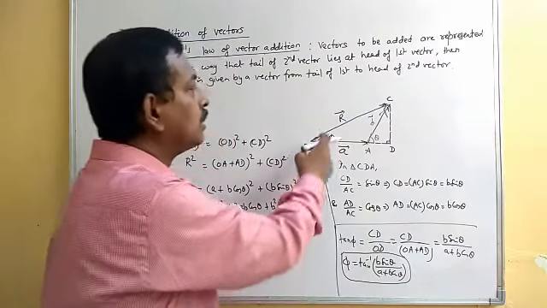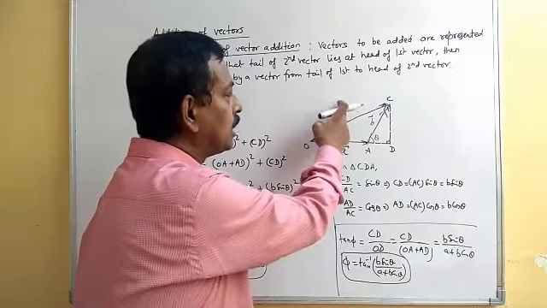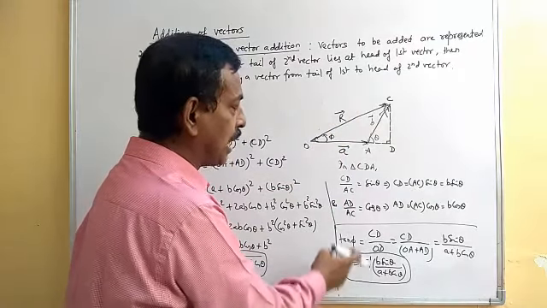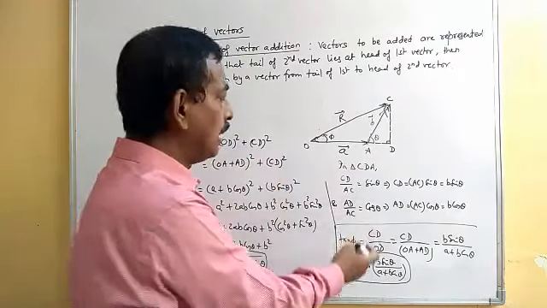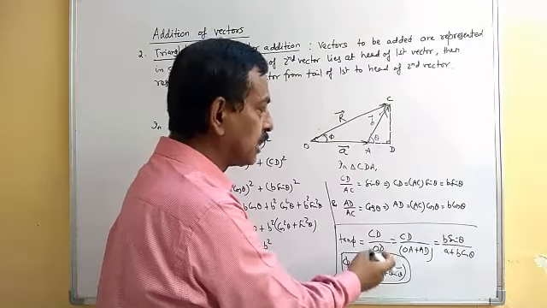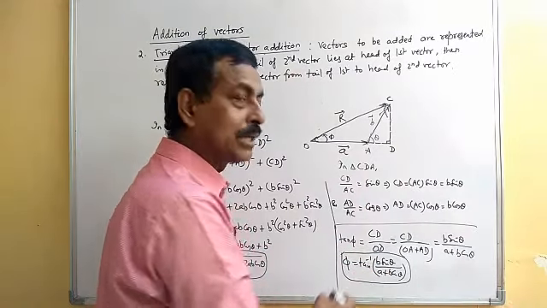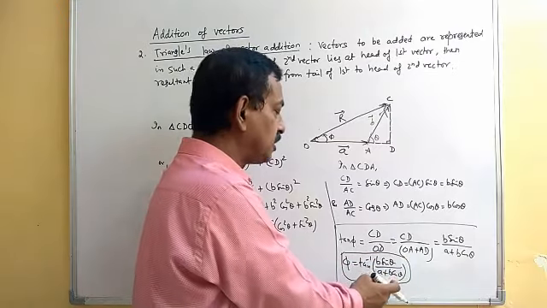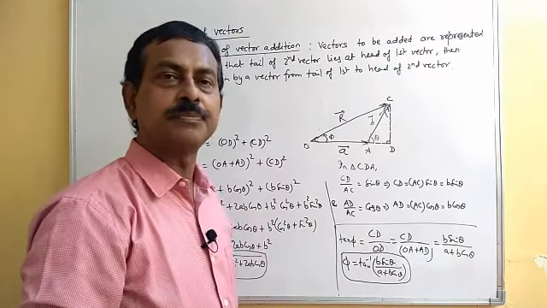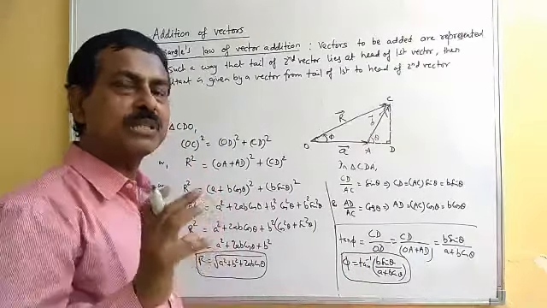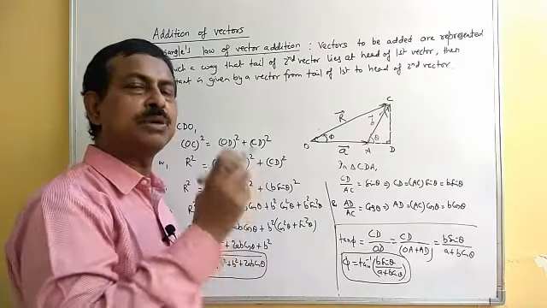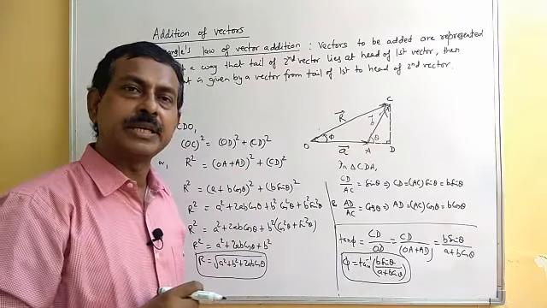We can get the angle made by the resultant also in the same exact manner as we have done previously, and you have tan phi equals CD by OD, giving you ultimately phi equals tan inverse B sin theta by A plus B cos theta. So in triangle's law, basically we just change the arrangement of the vectors to be represented there, and you can